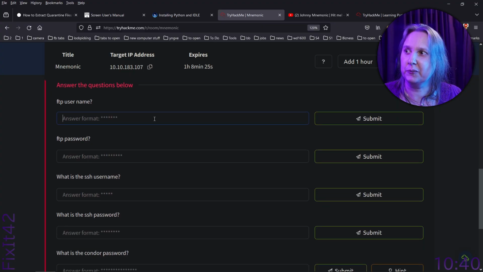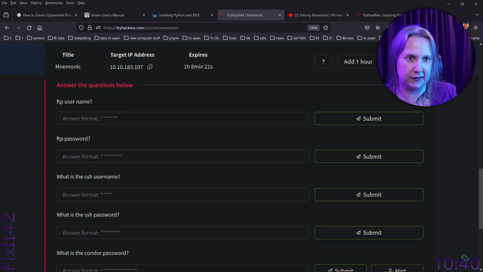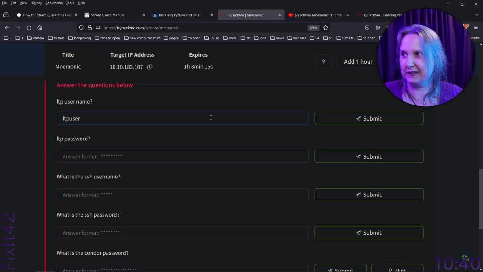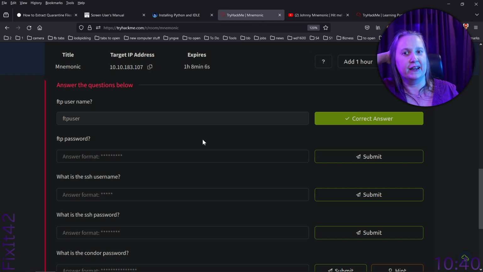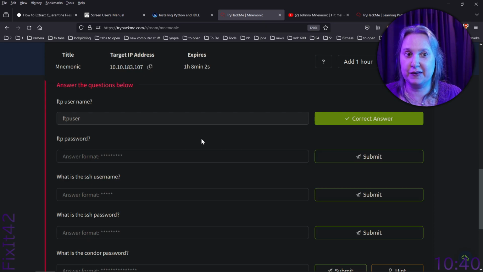FTP username. We could actually enter this now. So I'm just copying from the Kali screen on my right screen here, and let's paste it here. And it's the wonderful name of FTP user. And the next one is a password, so let's work on that. And also, since this is a stream, it's the hint that I got that it's not one of these that's a password. I'm supposed to brute force it.